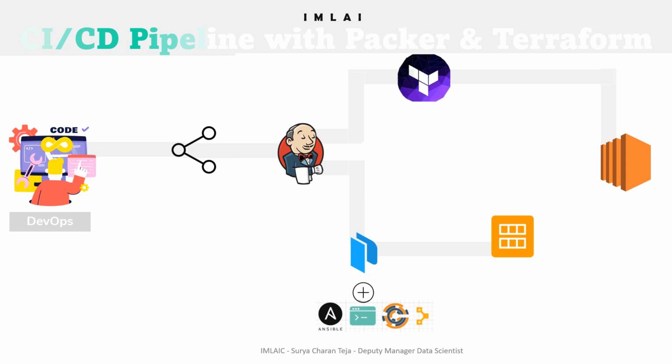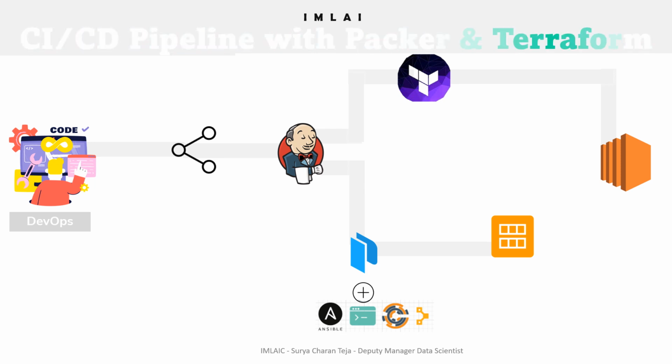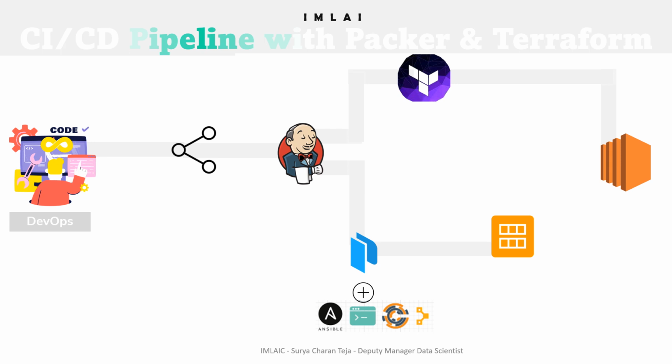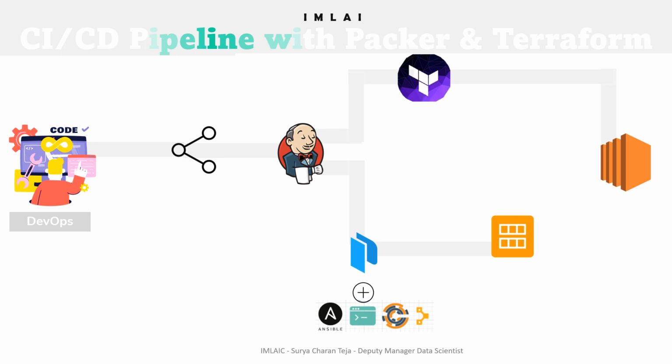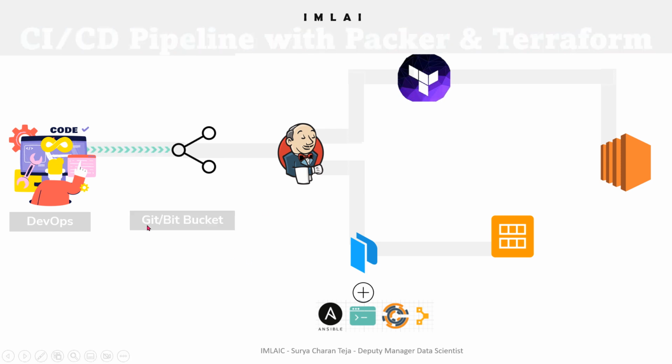Let's jump into this. It begins with a DevOps guy, dev plus ops. I'm saying both. It's not just a developer or an ops guy. So dev plus ops guys push the code into either Git or Bitbucket. They commit the code, they push the code, they integrate the code all together. Once the code has been pushed through Git or Bitbucket into GitHub or any other source code manager,